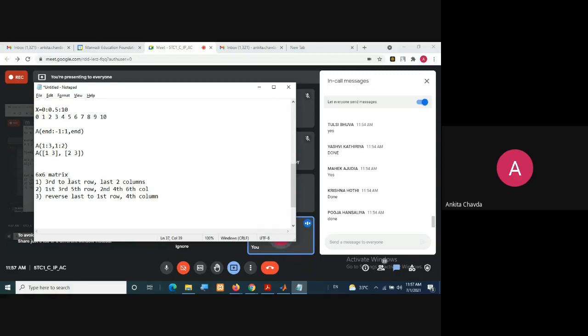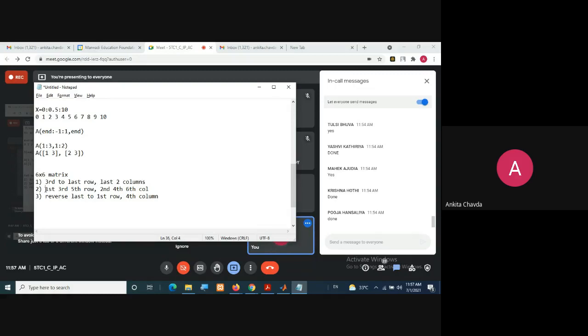What I want is, first you create a 6 cross 6 matrix with any values. Then you try third to last row and you want just the last 2 columns.